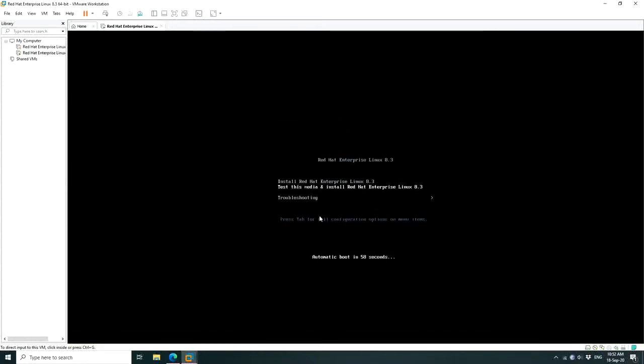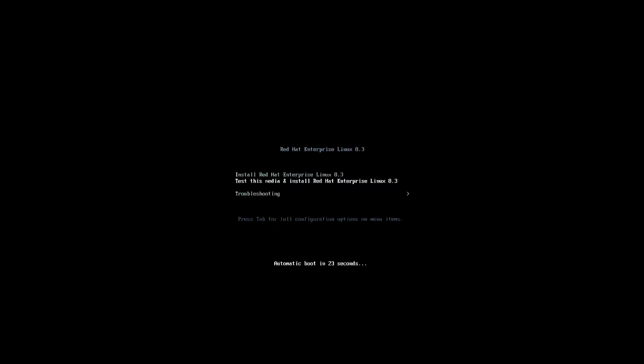As the machine starts, the installation of Linux will be loaded automatically from the image file. In the very first screen, you can observe 2 options, that is install Red Hat Enterprise Linux and test media and install. I will go for the first option so that direct installation could begin.